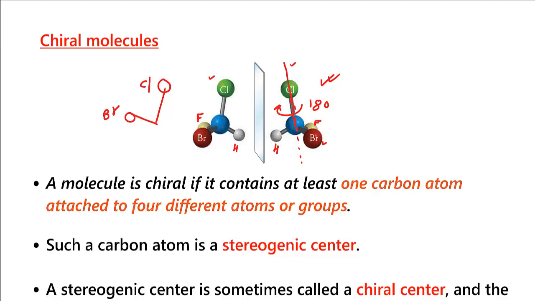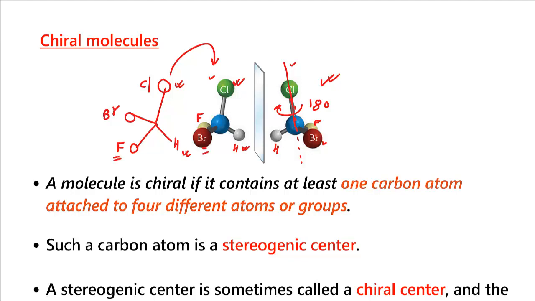So what will be the position of yellow one? Yellow one will come in front, and that is basically your fluorine. Now what about this hydrogen? This hydrogen will go this side. Now if you try to lift this molecule and superimpose it over this molecule, you will find chlorine matched. Hydrogen also superimposed. But in this case the bromine is here, that is front side, but the fluorine is